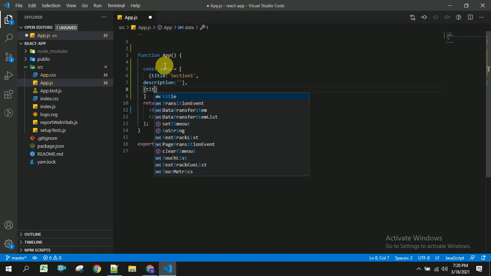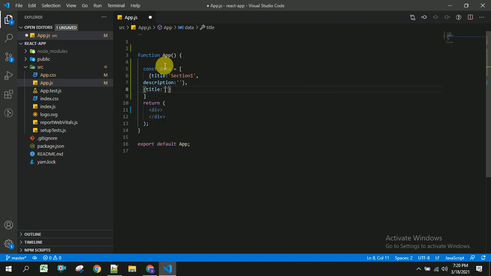And the second one is title is section 2, and the description, title section 3, and this consists of description.